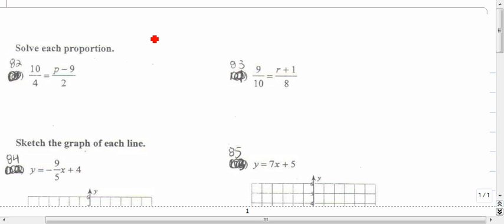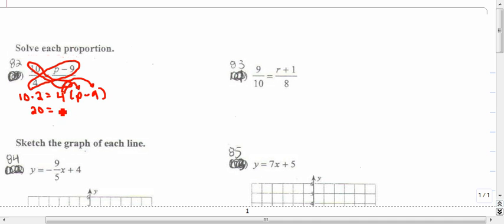Problem 82 asks us to solve each proportion. We know that in order to solve a proportion, we have to cross multiply. So we've got 10 times 2 is equal to 4 times p minus 9. 10 times 2 is 20. We know that we have to distribute over here. So 4 times p is 4p minus 4 times 9 is